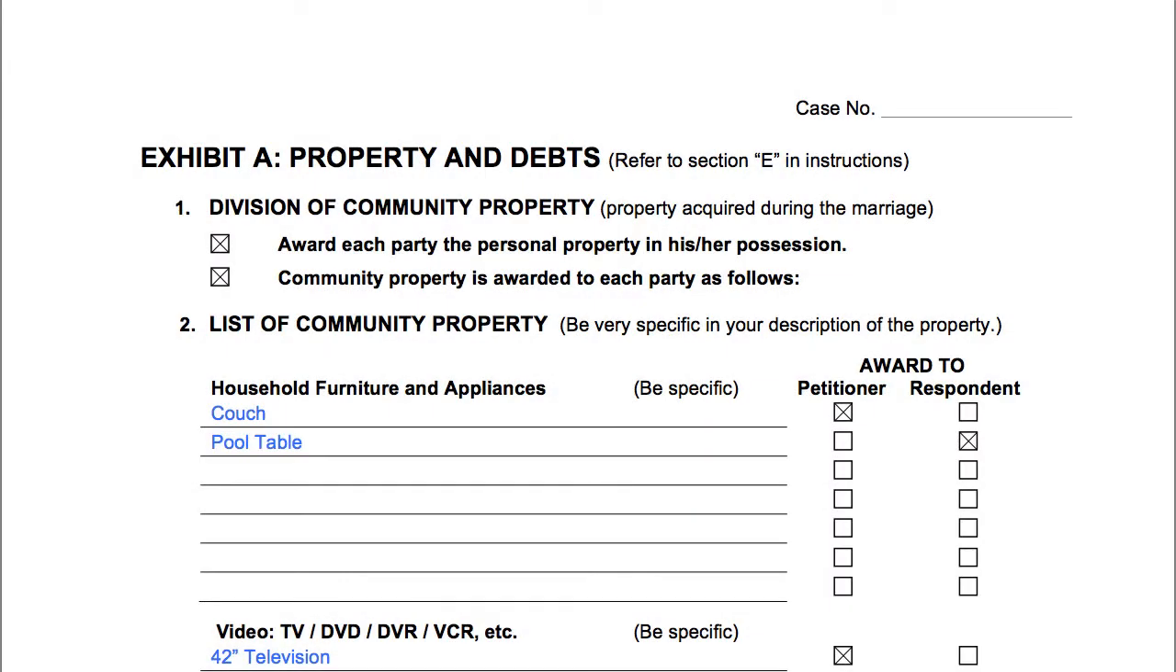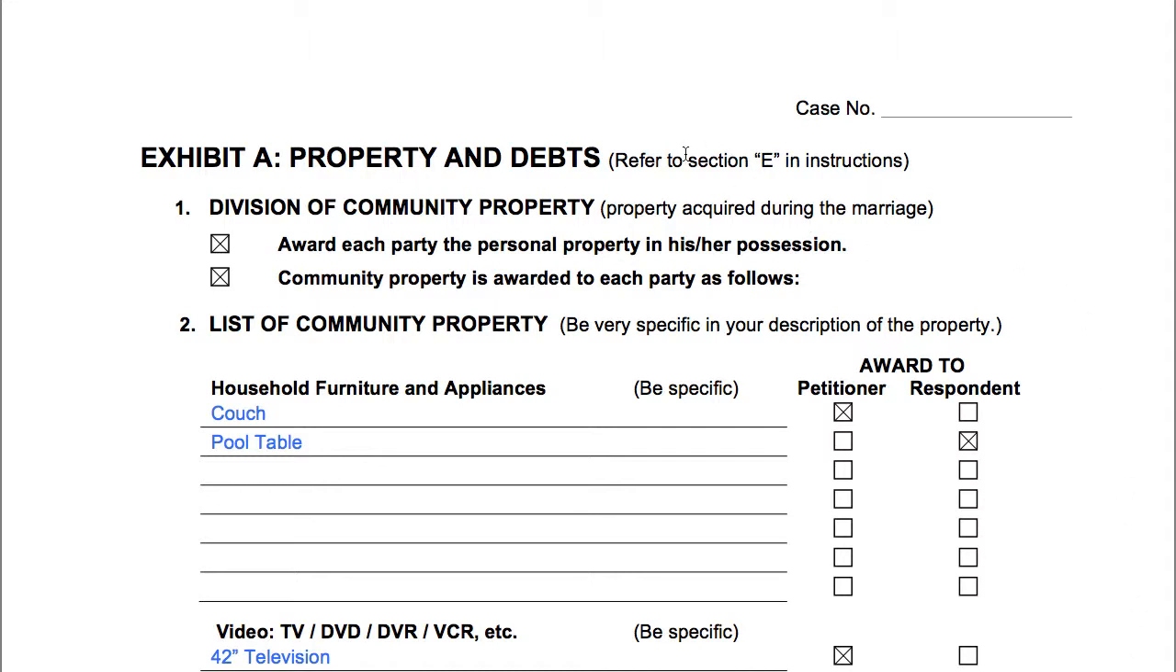This Exhibit A picks up where the consent decree left off. After you've signed and notarized the consent decree and submitted it to the judge or commissioner for signature, you'll be ready to go. But before you do that, you need to attach your Exhibit A, which is a division of your community property. So you can list your community property here on Exhibit A, and you will see that we